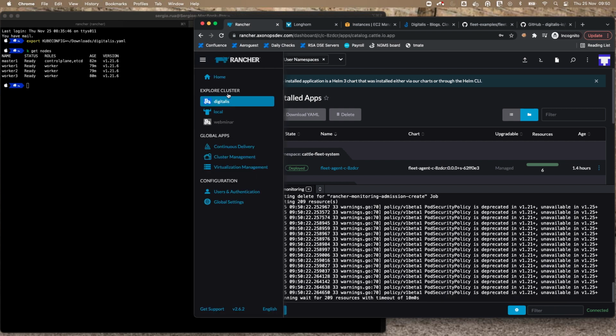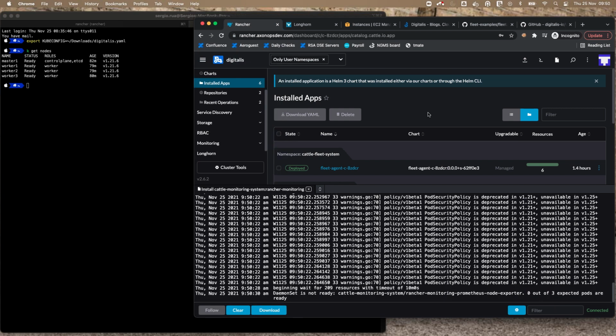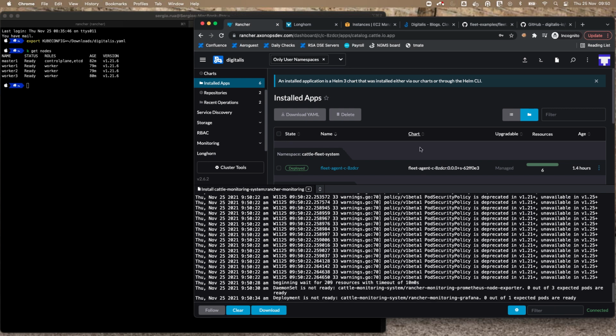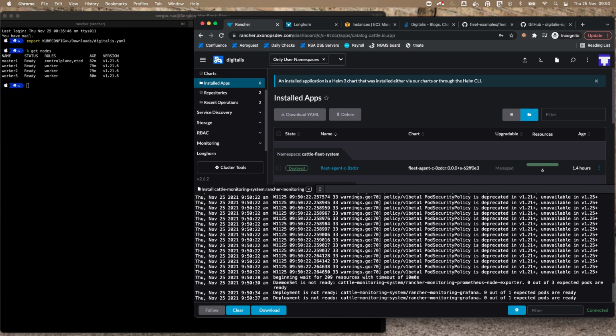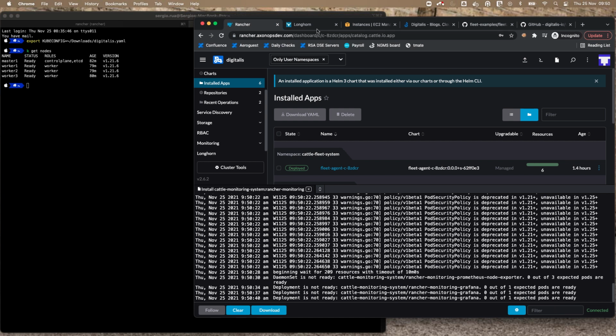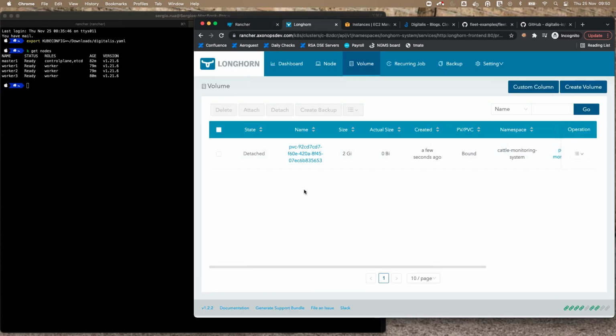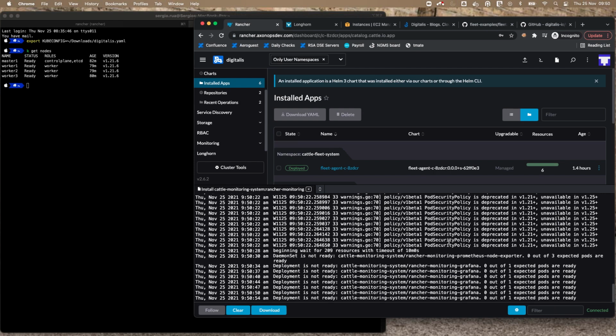If you're using a managed Kubernetes, Longhorn is probably not required, but it's still a nice one to have. It's got a really nice UI. It's very simple to use, and it gives you a lot of visibility. So that's installed already. As you can see, I've got a new link in the left panel. If I click on that link, I should be able to log into Longhorn. You can see this up and running. I've got 10 gigs of disk space available, spread across 3 nodes, 3 workers.